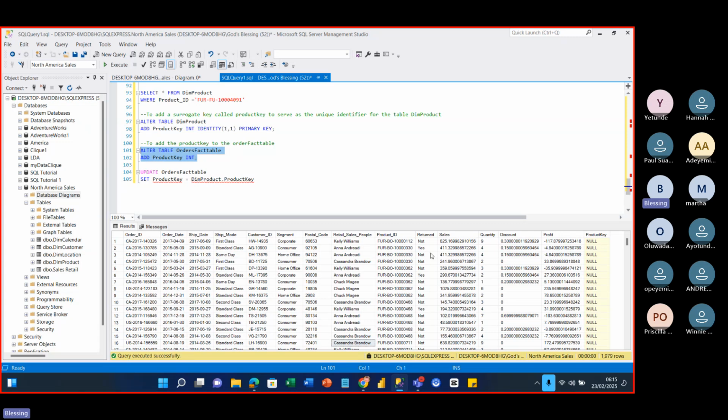So how then do I update this other fact table? By linking the product key in the dim product to the one in the order fact table. So I'm saying update the order fact table, set the product key in this order fact table to be equal to the product key coming from the dim product. Then I would say from